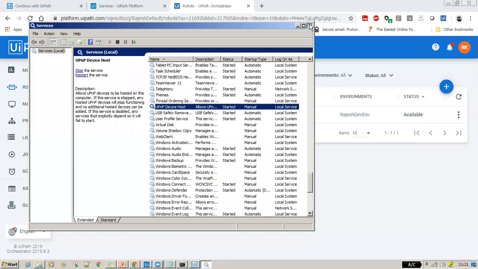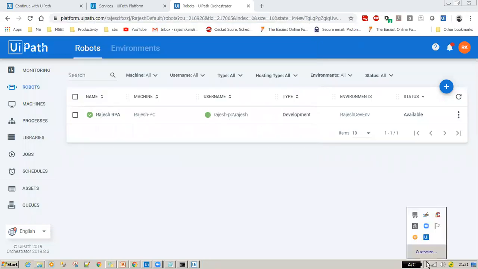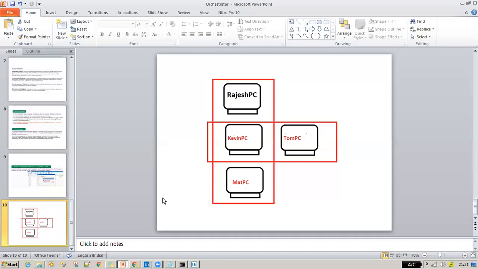That's all. If you restart this service, automatically you're going to build this UI robot connection. That's all. Okay, so ensure that the status is available. That would be your step 4.